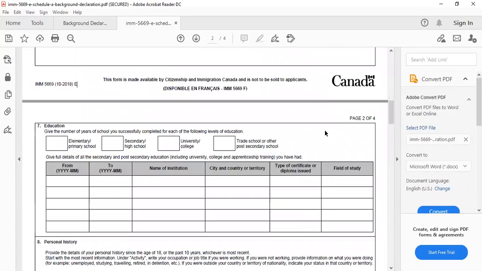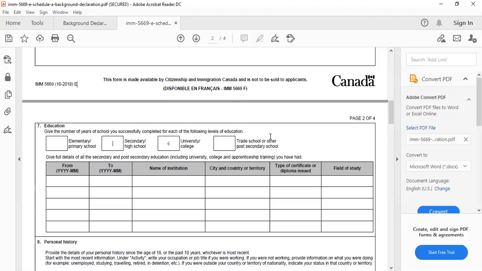Then we need to give the education qualification over here. Since I have done post graduation, we need to enter the completed years: 3 years of graduation and 3 years of post graduation, so I would enter 6 over here. There is nothing for trade school or other post secondary school, so I keep that blank and enter 6 in college and university.